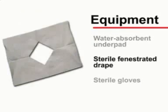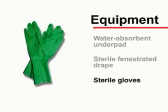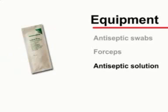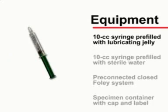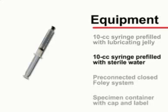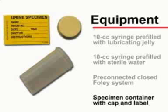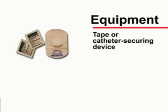A variety of prepackaged urethral catheterization kits are commercially available. A typical kit includes a water-absorbent underpad, a sterile fenestrated drape, sterile gloves, 4 or 5 swabs, forceps, an antiseptic solution, a 10 cc syringe pre-filled with lubricating jelly, a 10 cc syringe pre-filled with sterile water for balloon inflation, a pre-connected closed Foley system, and a specimen container with cap and label. Other items, such as those for securing the system to the patient or the bed, may need to be gathered